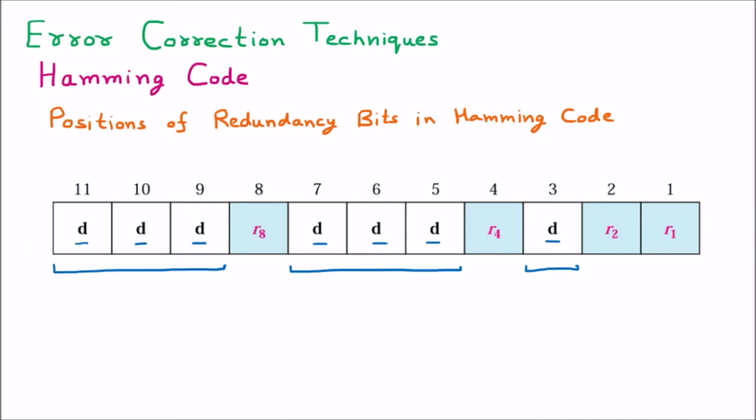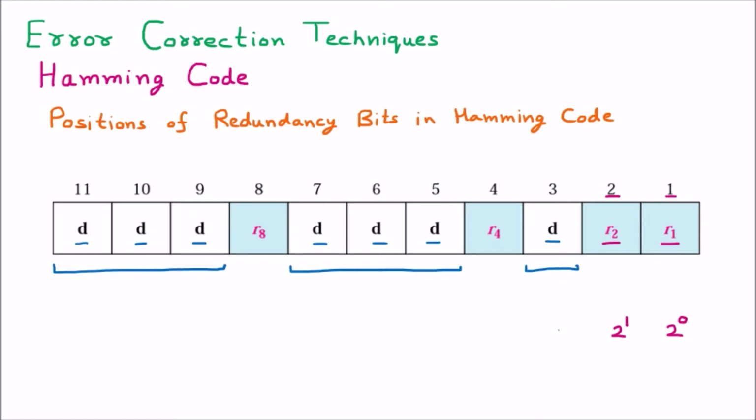Now we are understanding how these bits are placed. In the Hamming code, the bits are placed at positions 2 raised to the power 0. We know that 2 raised to the power 0 is 1. So at the place of 1, we have placed a bit R1. R means redundancy bit, and it is placed at position 1, that's why the name given is R1. Then 2 raised to the power 1, which is 2. So at the second position we have placed redundancy bit R2. R2 is taken from the second position.